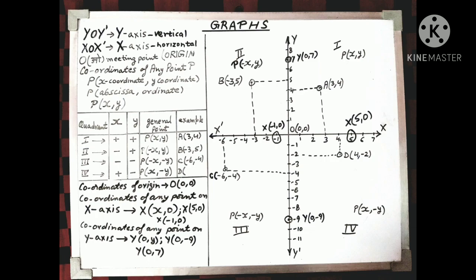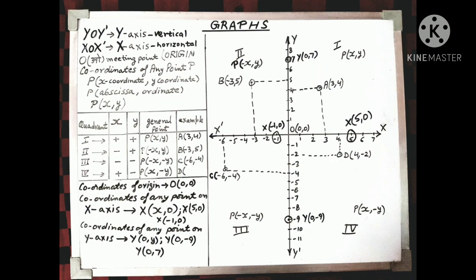Now, a graph is a representation which is very helpful when we talk of some data or some problems or some algebraic situations which we come across in our daily life, right? So let us understand this systematically. This graph system is also known as the Cartesian plane system or the coordinate system, right?